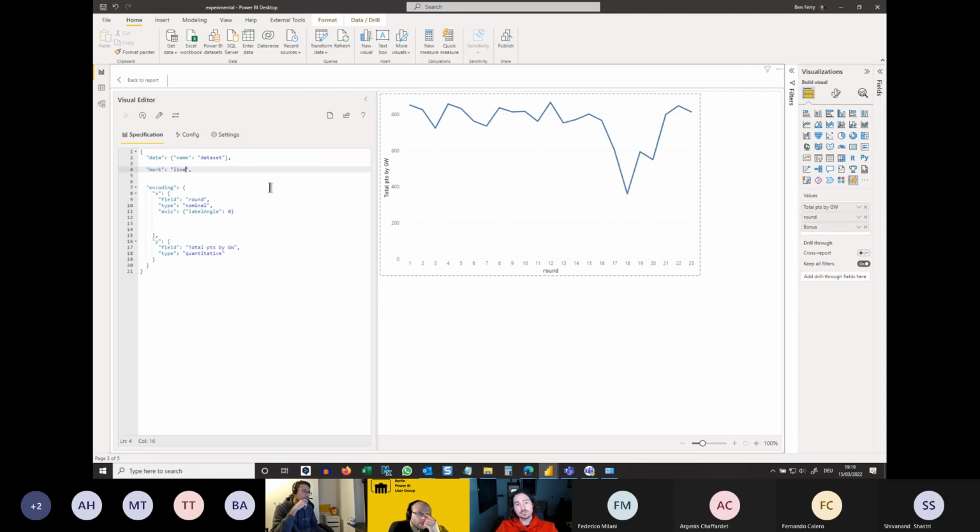What's more interesting for me though is, what can you create that is either very hard to create in Power BI, or you otherwise can't create in Power BI. And one of my favorites is a trail. And the good thing about trail is it involves a couple of different elements. So if I change this now to trail,